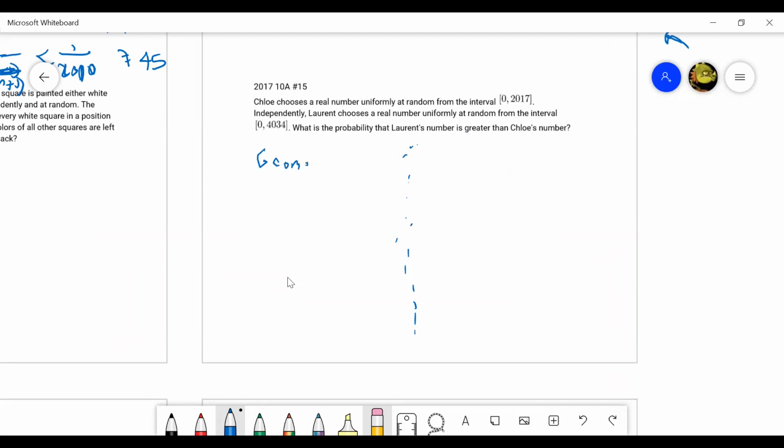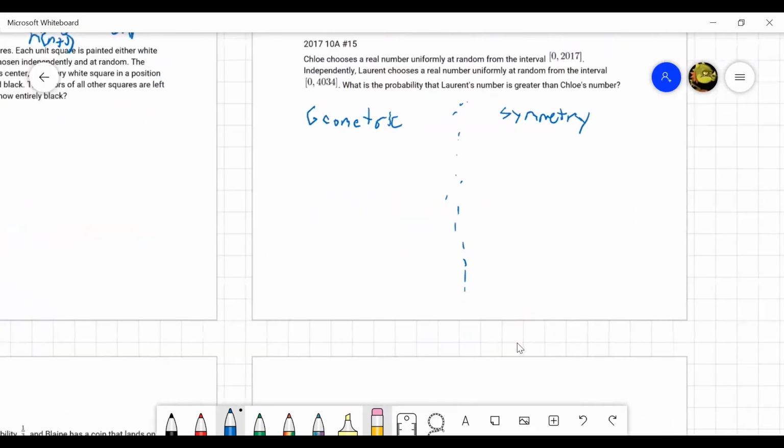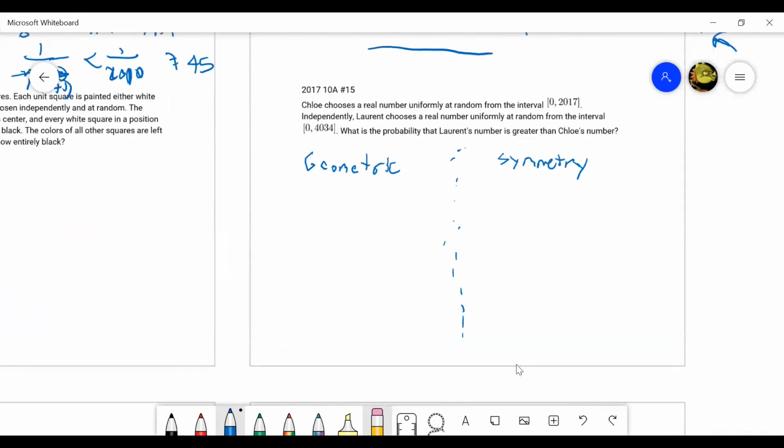I think this one is pretty easy to see from just the similarity from this problem to the example problem that I gave. And the other one would be using symmetry. You can see that this is kind of similar to the earlier problem that we did with Bernardo and Sylvia. So both ways do work. Geometric is kind of pretty though. So